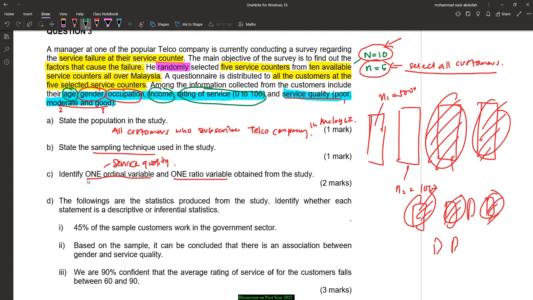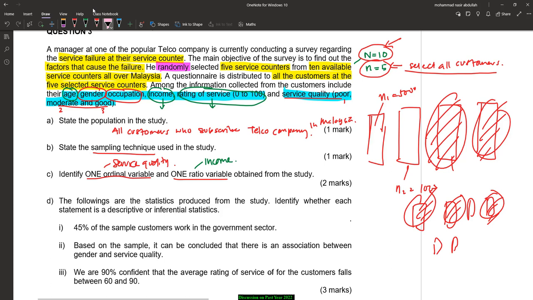It means that when you have no money, you have no money, RM0. So it can be either income or rating. So age is going to be interval, I think, right? So this one should be either income or rating service. Right. So D, it says here, D,